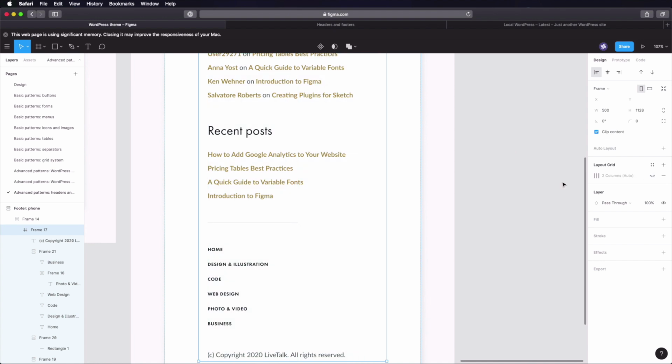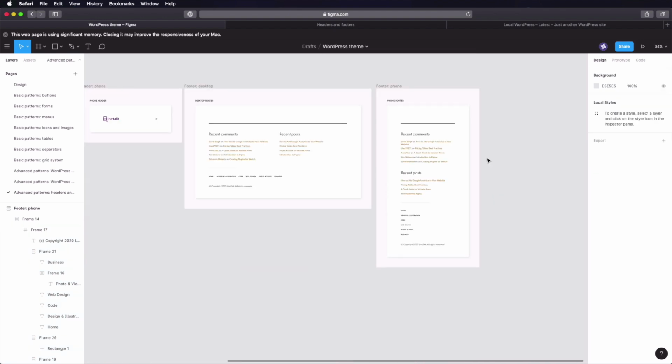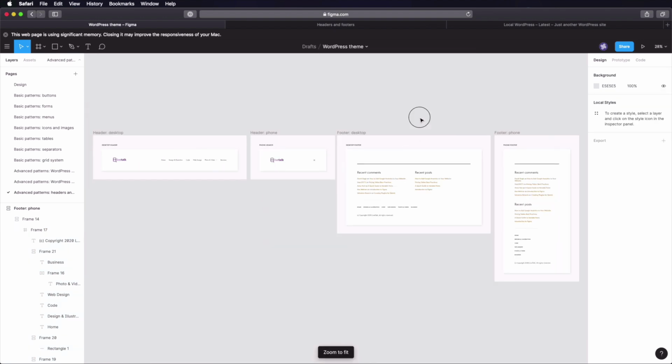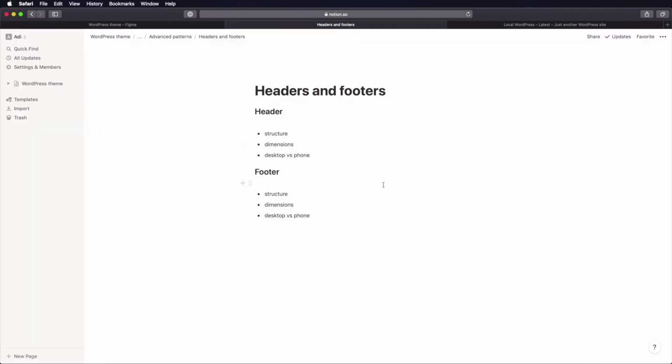And let's hide the grid. And there you go. We now have two versions for the header and the footer. One for desktop, one for the phone. And this will come in very handy later when we build our pages. Now, for the actual documentation, you can jump into